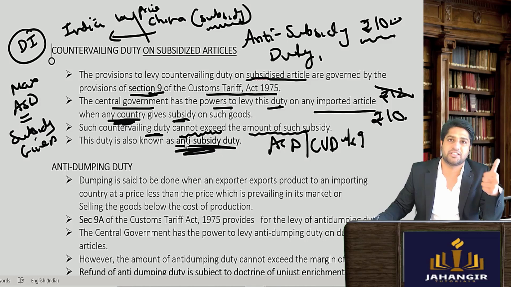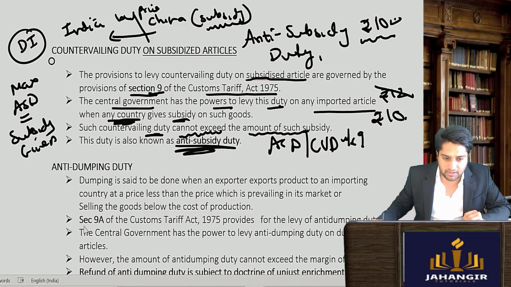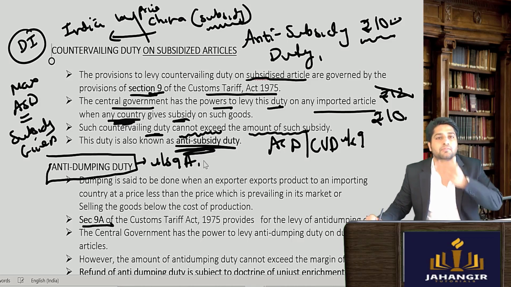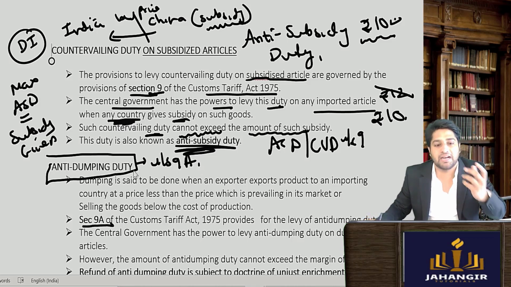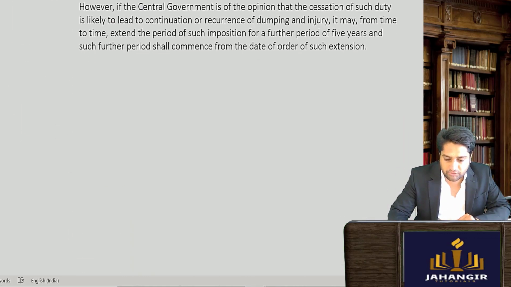So we did section 6 and 7, section 8, section 9, and now we are doing section 9A. अब कौन सा कर रहे हैं? Section 9A, which is called your anti-dumping duty. Anti-dumping duty is given in section 9A. Anti-dumping, पहले dumping समझेंगे तो समझ में आएगा कि what is anti-dumping. Anyone knows what is the meaning of dumping?